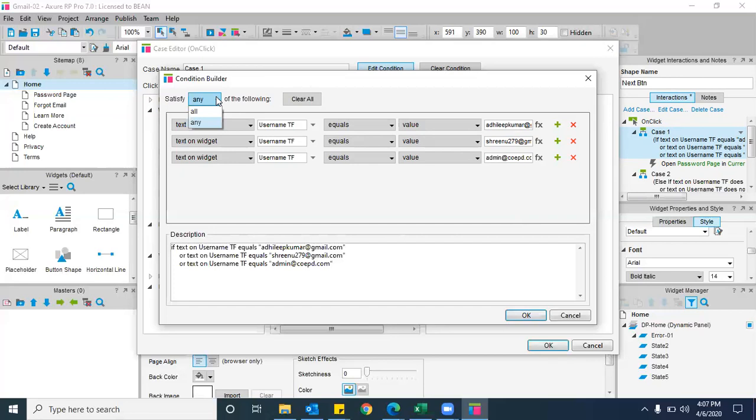And this is applicable only when you took multiple text validations. When you have multiple texts you are validating, then only you should apply this, either all or any. So this is applicable only when you are validating multiple texts.